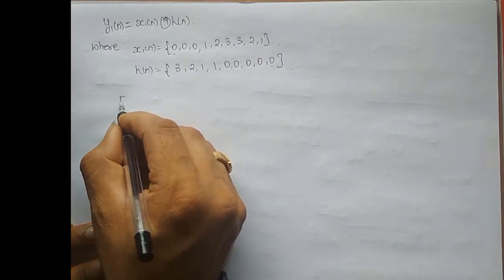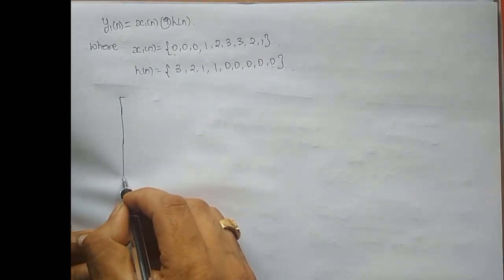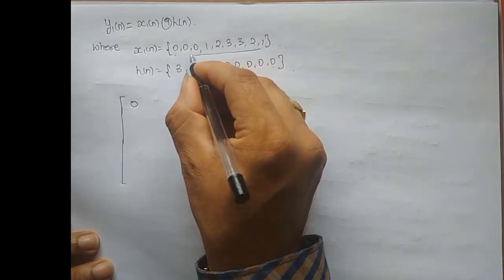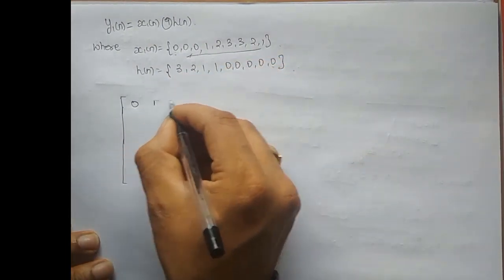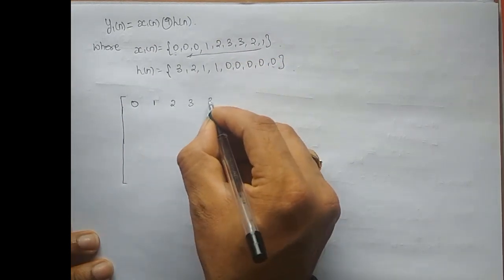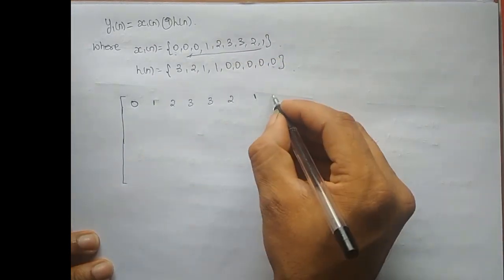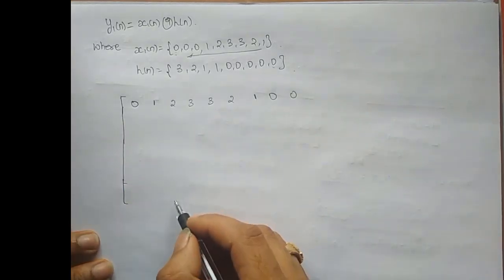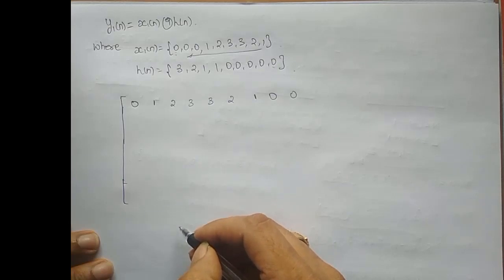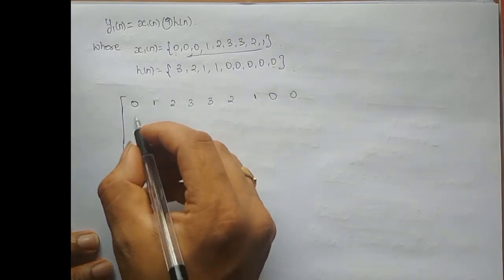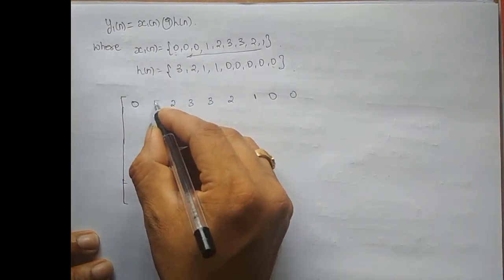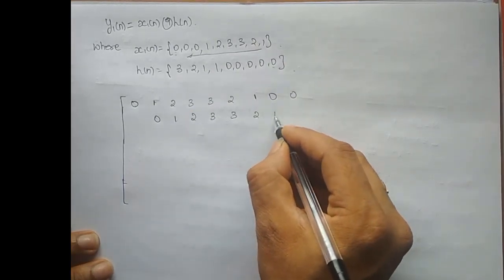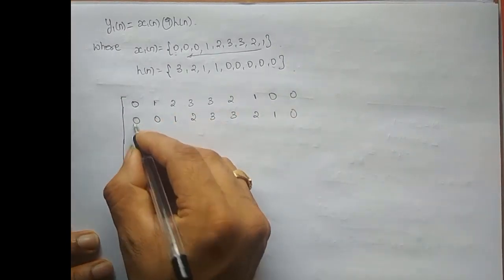So how do we convert it to a matrix? Retain the first sample as it is, and the rest of the samples you take from this direction, right? So 0 1 2 3 3 2 1 0 0. So this is how we get the first row of the matrix. And how do I get the successive rows now? You just have to circularly shift it right. So this 0 comes here, this 1 comes here, this 2 comes here, 3 3 2 1 0, and this 0 goes back.